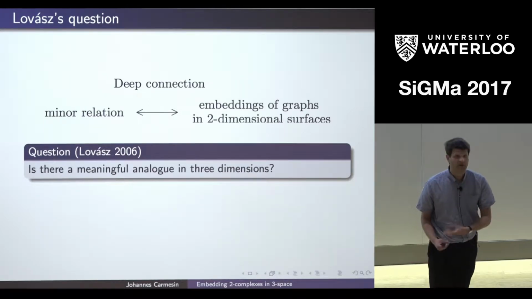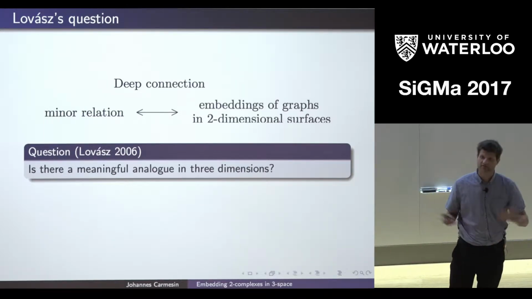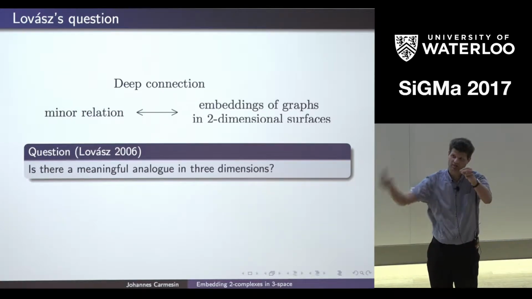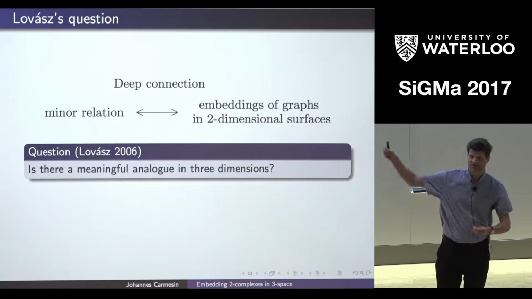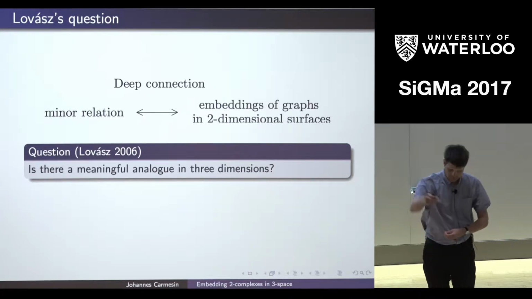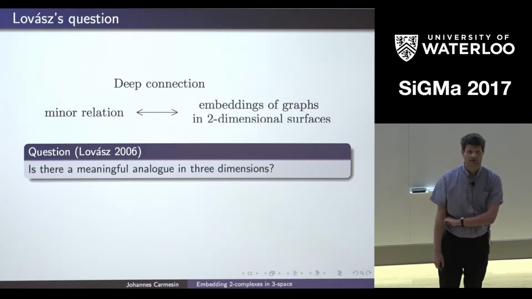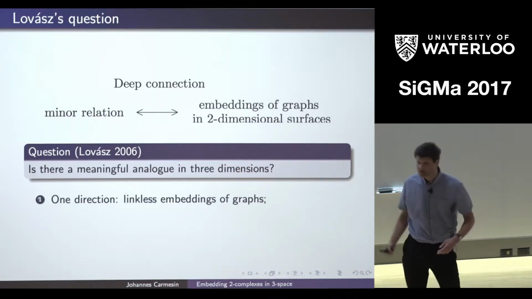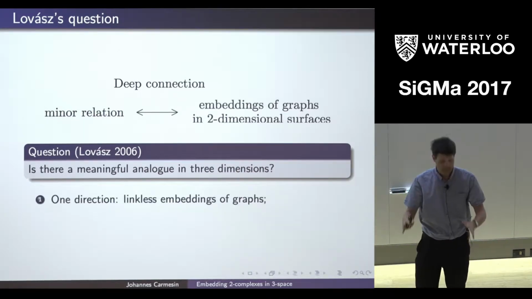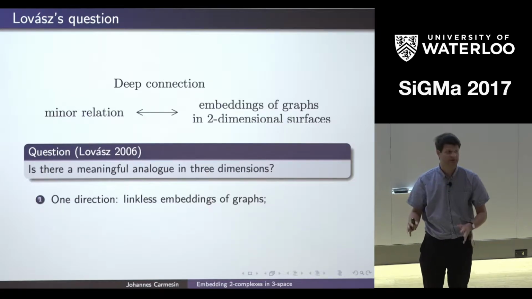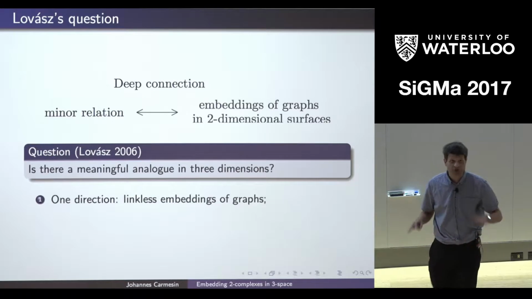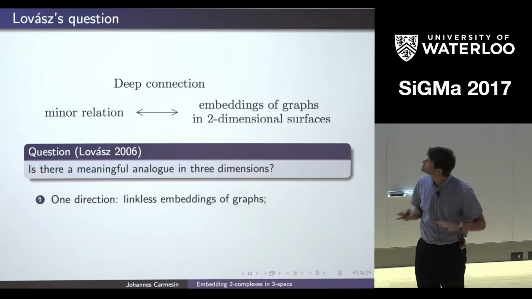Right, so a trivial remark about this question is that any graph can be embedded in 3-dimensional space. Just put the vertices in general position and embed the edges as straight lines. And Sergey already mentioned a non-trivial approach towards this question, namely just to restrict the number of possible embeddings we are considering, namely just to consider linkless embeddings. So this is not what I'm going to do today.